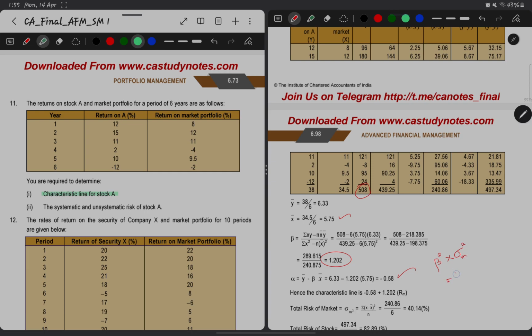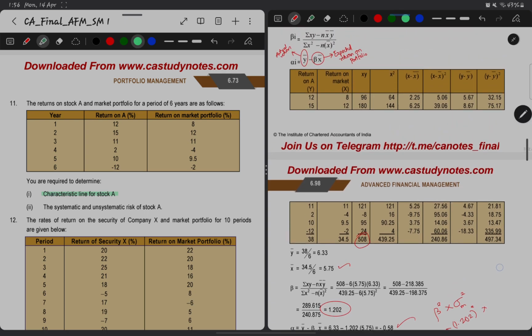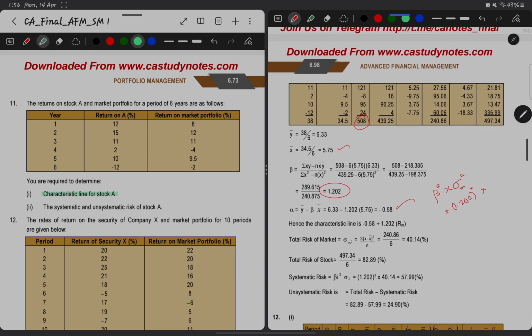In our case it will be 1.202 the whole square multiplied by the market variance, which is 40.14, which will give us the systematic risk. And the total risk will be the